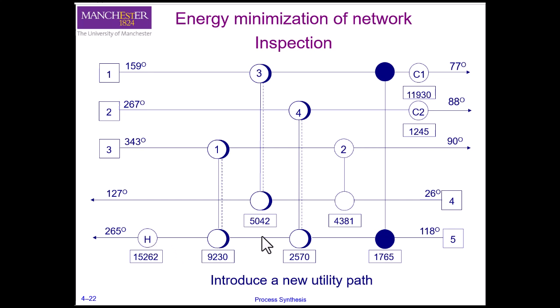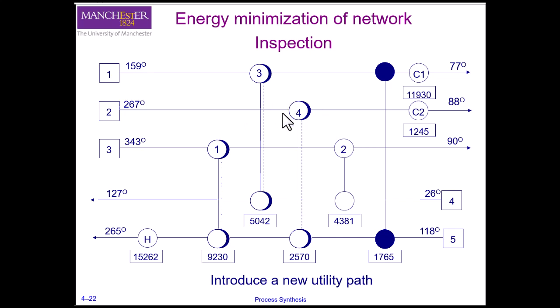This network shows us a new heat exchanger here, and as such it allows us an energy path going from H to here and here and here, and as such we can reduce the heat duty along this utility path. So here we have some reduction, plus here, and then minus here. By placing this new heat exchanger between stream 1 and stream 5, we have reduced the hot and cold utility of this network. But not only do we have to place this new heat exchanger, the existing exchangers like exchanger 1, 3, and 4 would also need new areas, or they need to be recalculated in terms of their areas